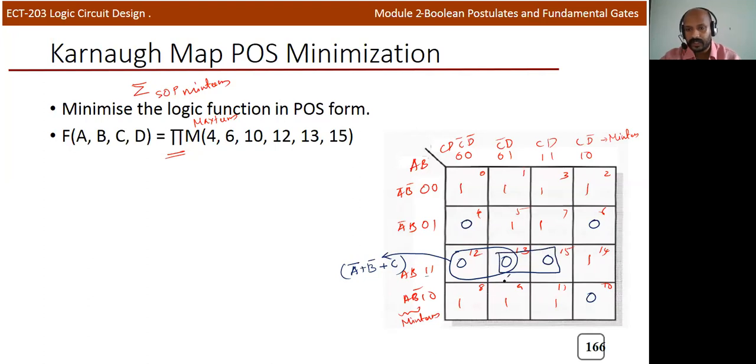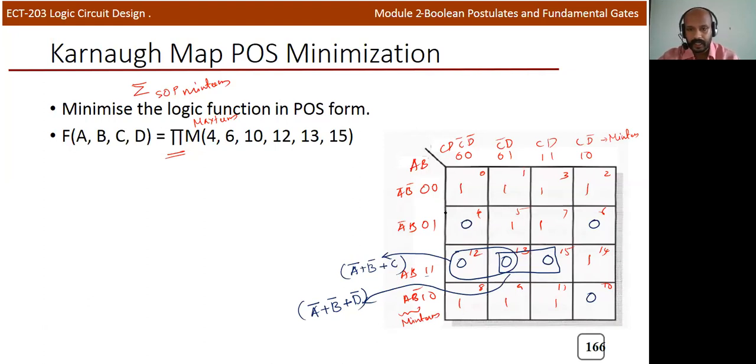If you consider this particular group, again the same row is common for both zeros. So here it is 1 1. 1 1 is represented by A B in min term, but in max term we need to write its complement, that is A bar plus B bar. Now if you look column wise, the common term is 1. 1 is represented by D in min term. So in max terms it is represented by the complement, plus D bar. So A bar plus D bar, B bar plus D bar will represent the second group.